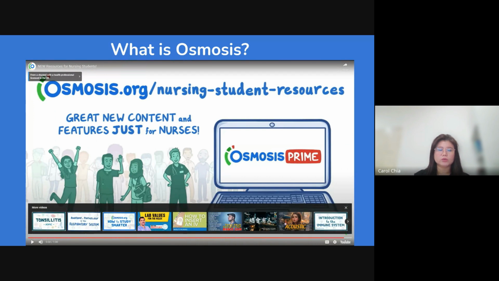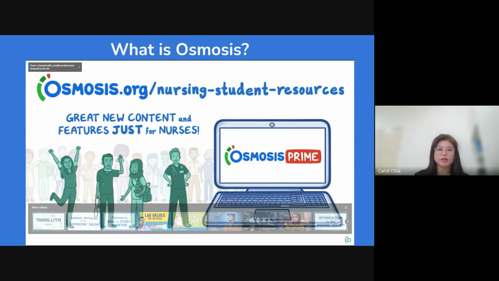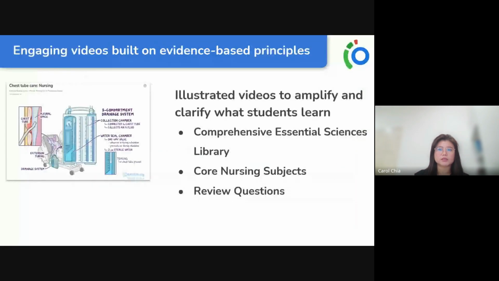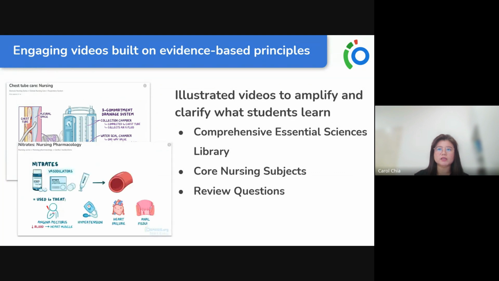I just want to let you know that this is currently on trial. What Osmosis is about is it supports independent and distance learning with nursing learning